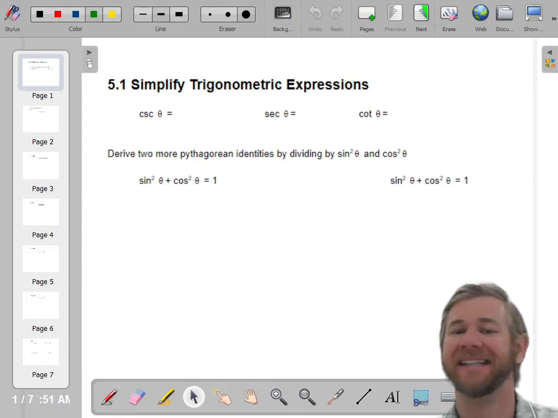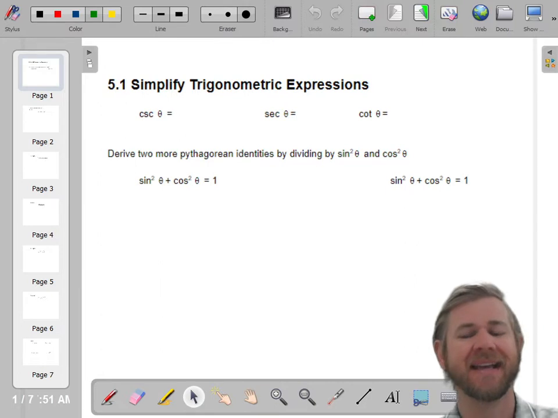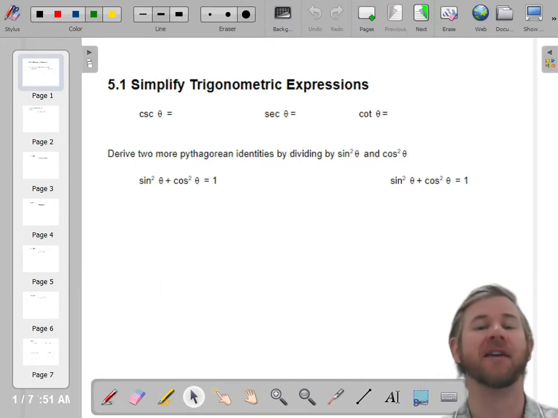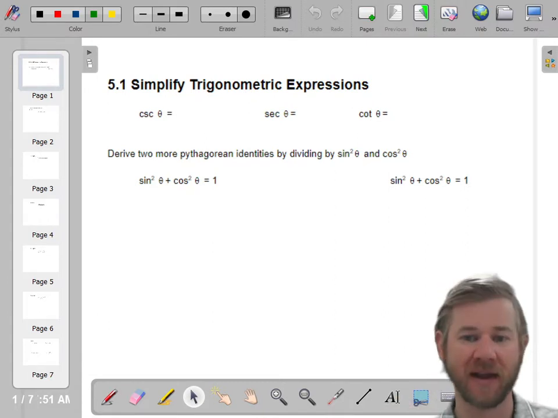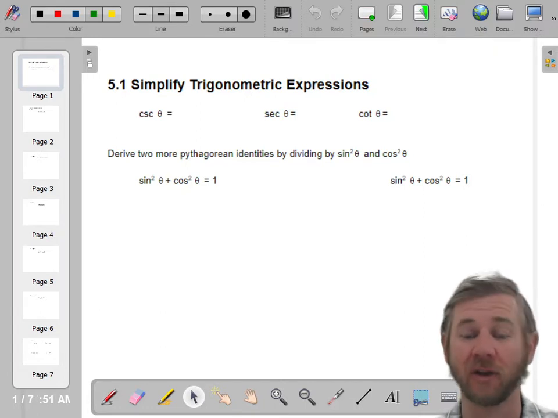Hello everyone, let's talk about simplifying trigonometric expressions. These are like puzzles. If you go into this with the mindset that you're going to get them wrong the first time, but you just have to try something else and treat them like puzzles, this is a lot more interesting. If you think that you're going to be able to look at a problem and do it perfectly every time,